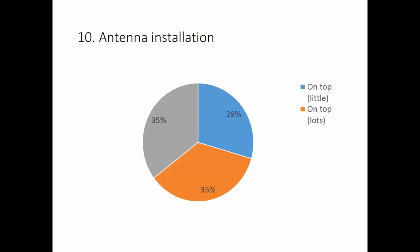It turns out it's about even all the way around. Take the on-top with a lot of hand movement option. What I mean is you want to put your antenna right here, but there's a whole bunch of rocks in your way that's not well seating the antenna, so you move those rocks out by hand. Sometimes there's a lot of rocks and you want to get a really good job depending on the site, so you do a lot of hand movement. That's versus actually doing a 4 or 5 inch trench, the width of the antenna, all the way across the